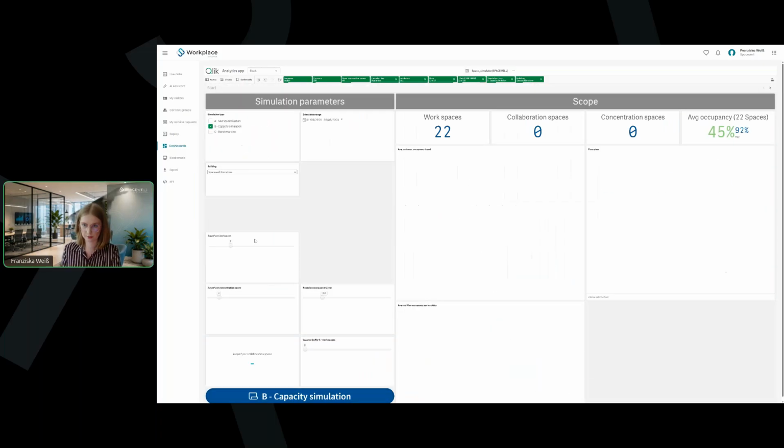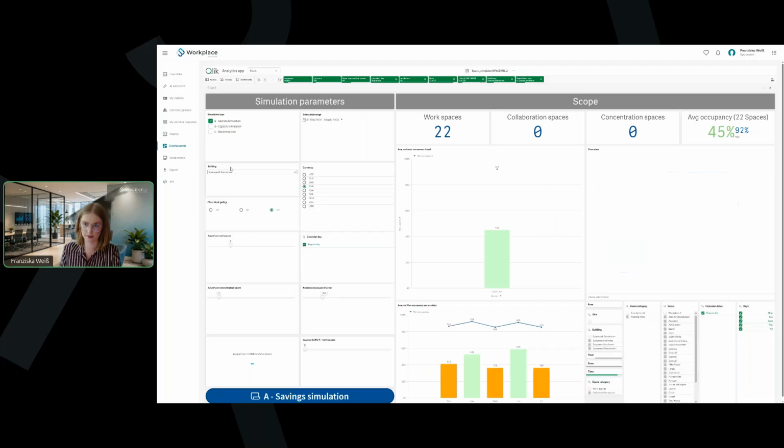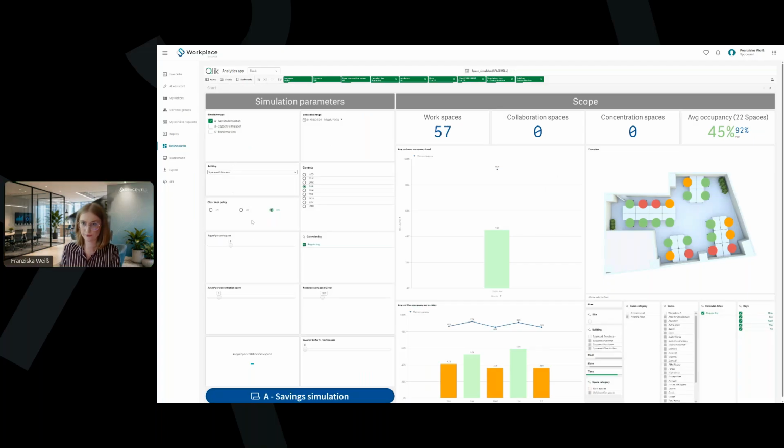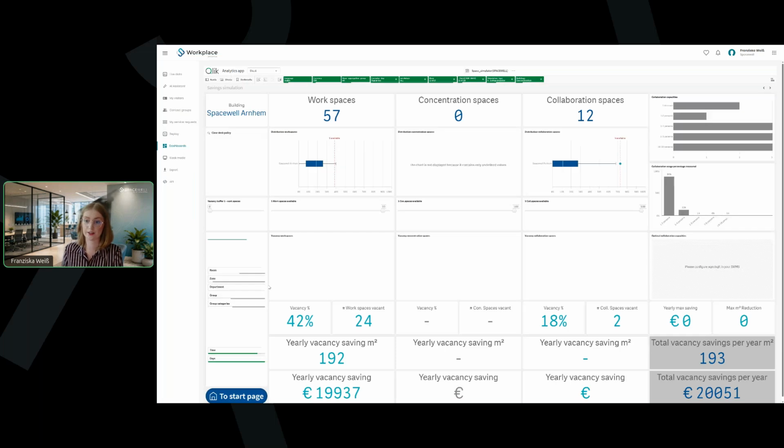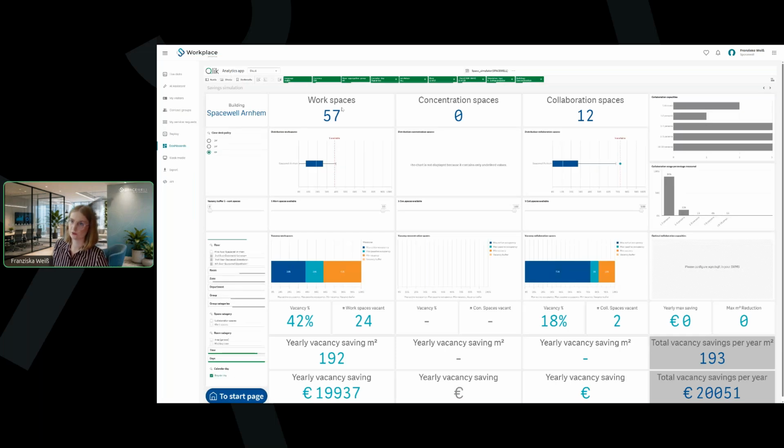Our saving simulation is quite similar. I will choose it now and perform it, with the exception that we can do this for workspaces, concentration spaces, or even collaboration spaces. I will stick for now to the workspaces, and we have here the same result as in the capacity simulation,